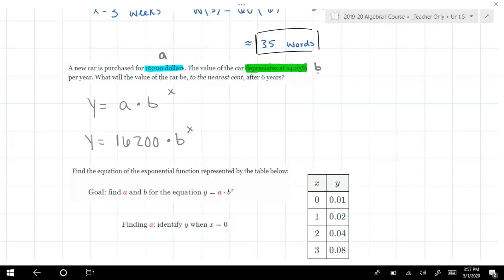If it's depreciating at 14.25%, well, 100 minus that 14.25 is 85.75%. So if it's depreciating at 14.25% each year, that means it's keeping the value of